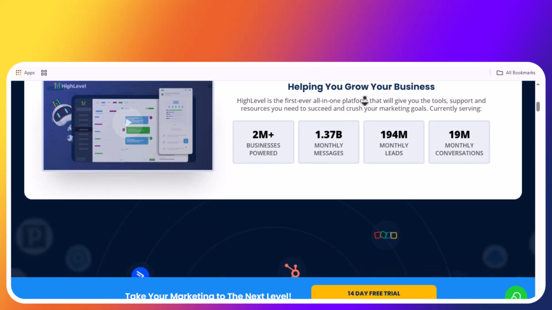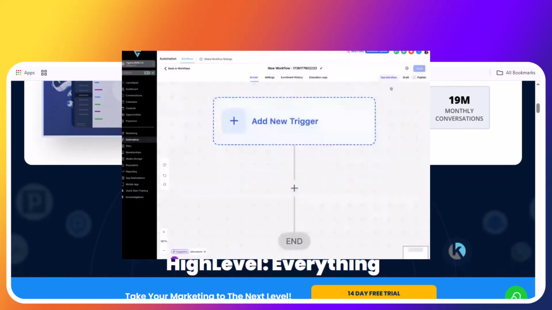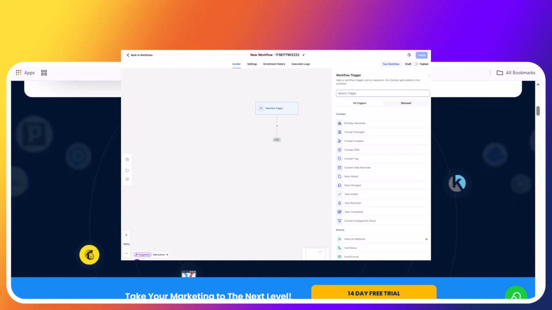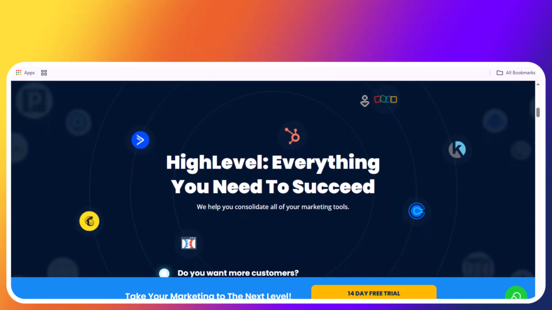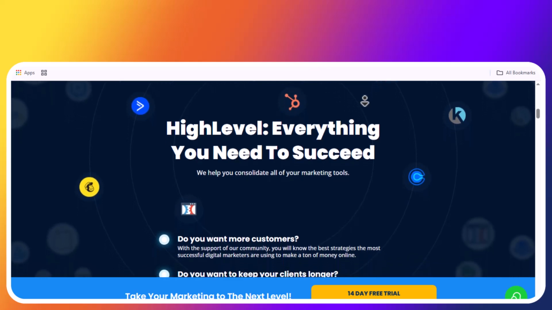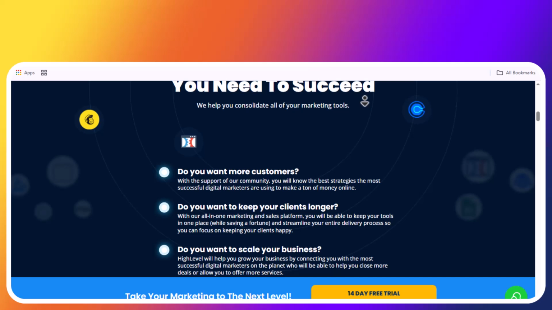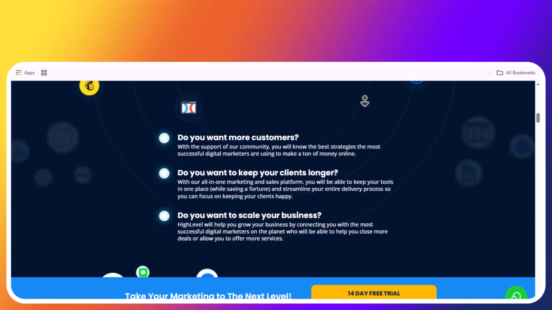Next, build a workflow that triggers emails, texts, or even voicemails reminding them of the offer they checked out. Personalize the message so it feels like one-on-one follow-up. Integrate your Facebook or Google Ads retargeting campaigns directly through GoHighLevel, so those same leads see your offer again on